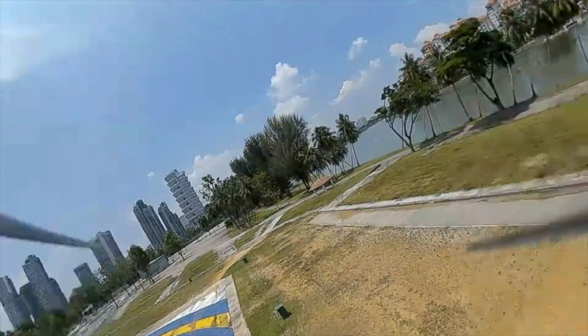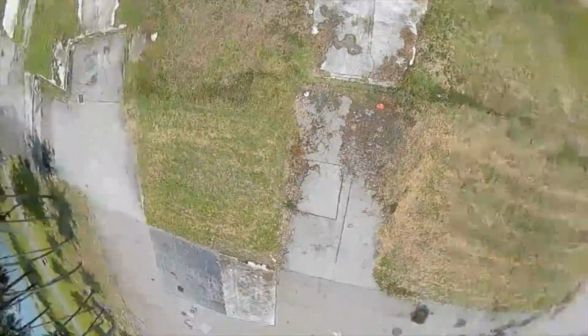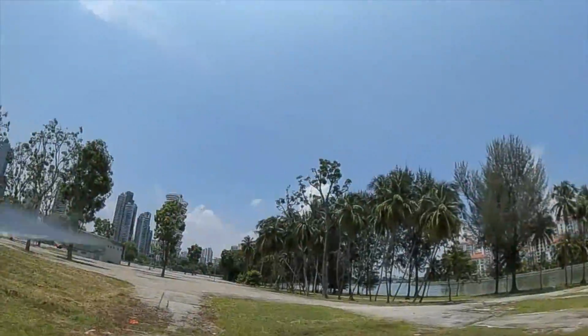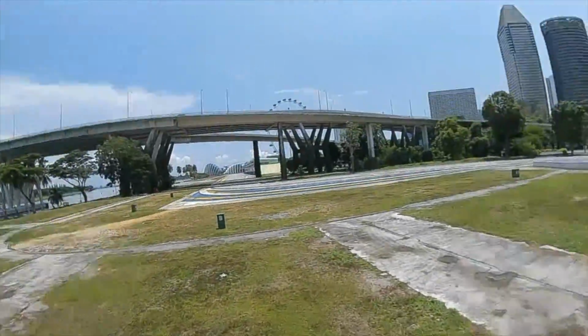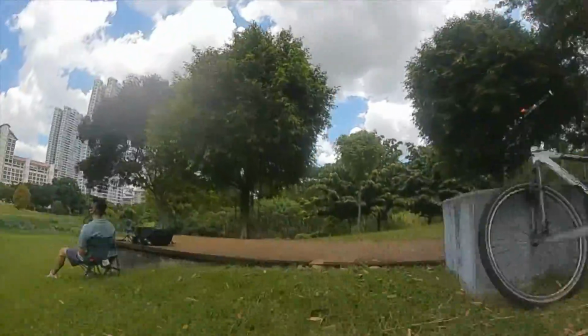The final thing why I don't like this quad is that it makes all my other quads feel very, very underpowered. All my full-size 5-inch quads feel very underpowered. For example, I struggle to do a flat bounce rewind with my, let's say, Vanguard, because it's so heavy and I'm trying to catch it as it lands on the ground. And I could just do that flat bounce rewind move all day on this and still have 3.8 volts when I return. The overpowered motors compared to its lightweight just makes it fly better than anything else that I have